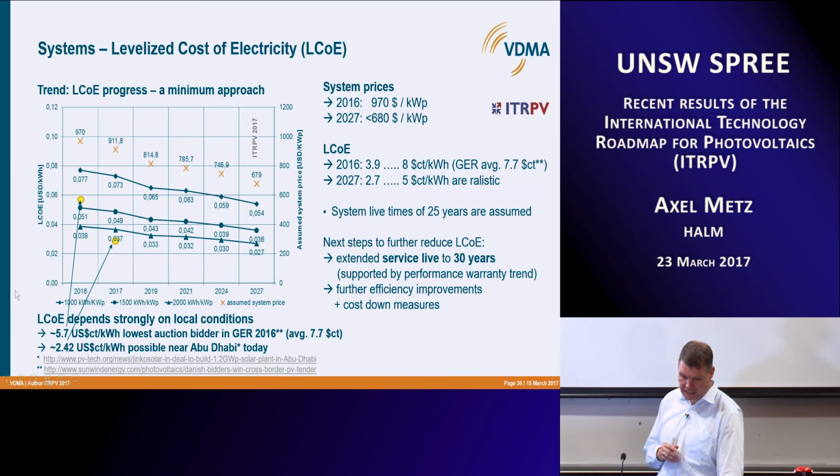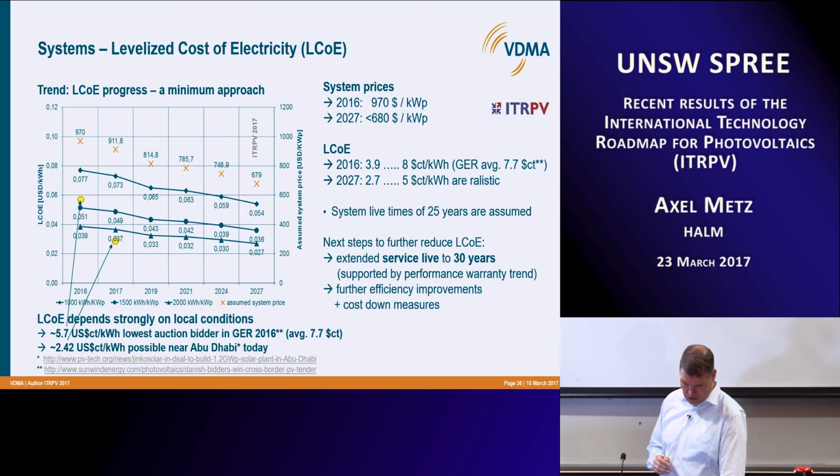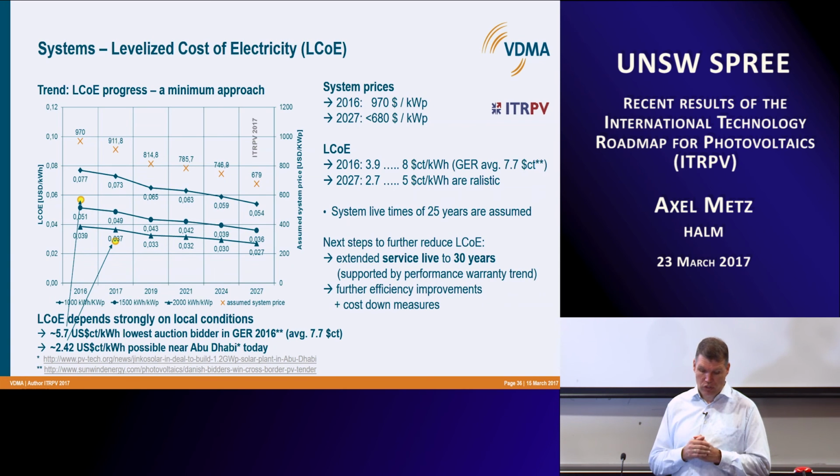$970 per kilowatt peak. This will lead, depending on the irradiation, so let's say that's northern Europe, maybe 1,500 kilowatt hours. I think maybe that's representative to southern Europe, and the most sunniest regions will get 2,000 kilowatt hours per kilowatt peak, and then you can reach already today levelized cost of electricity, but without all the overhead